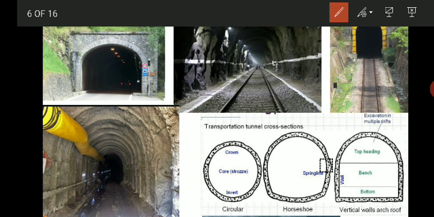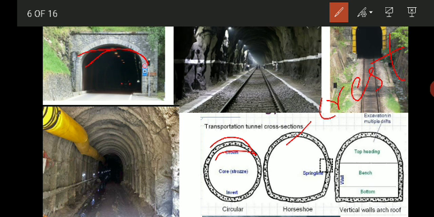The first one is the crown or the roof of the tunnel. So this is the roof, which is called the crown or roof of the tunnel. It is the crest of the tunnel that is known as the crown or roof. This part of the tunnel requires timber or steel reinforcement wherever there are weak zones or fractured zones, so you have to provide the lining for the roof.